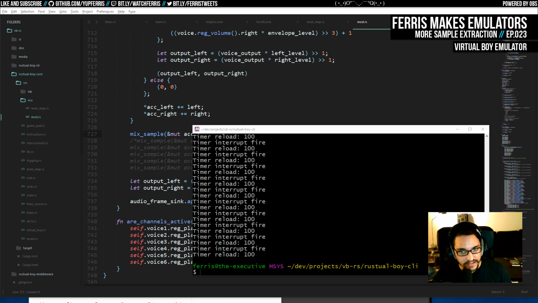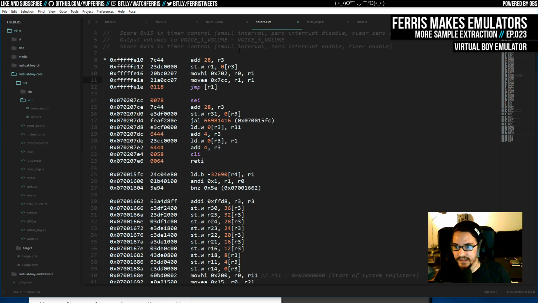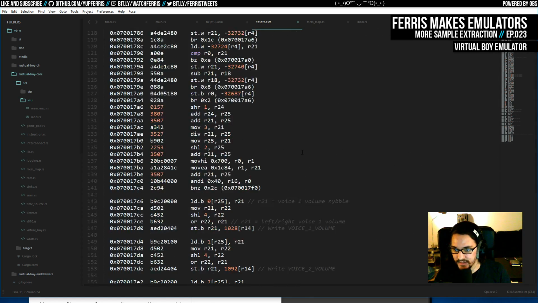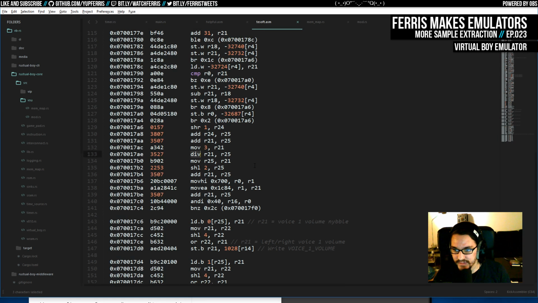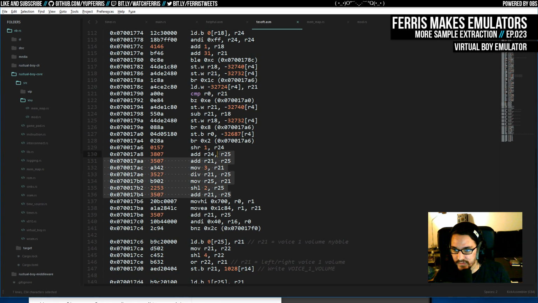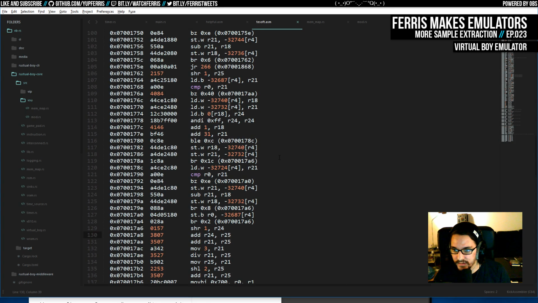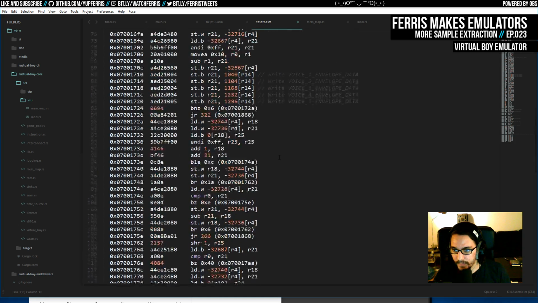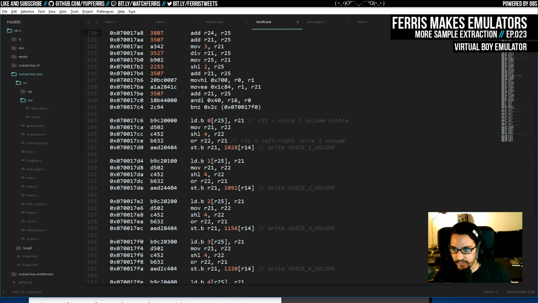But so the reason I'm kind of procrastinating, like actually digging into the sample data itself, is because it looks like there's a lot of juggling between these registers. And in fact, here it's even doing division. And that may not be that nice to step through. But the thing is that we found out that basically if we just were to figure out all the values going out of here,